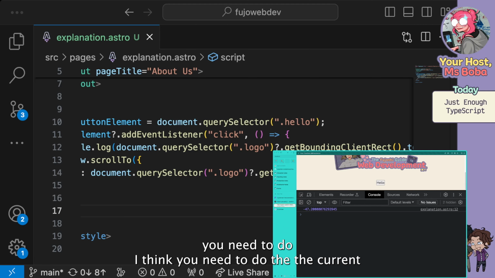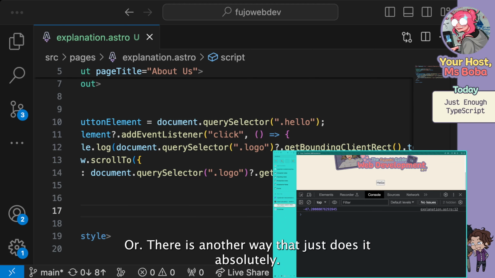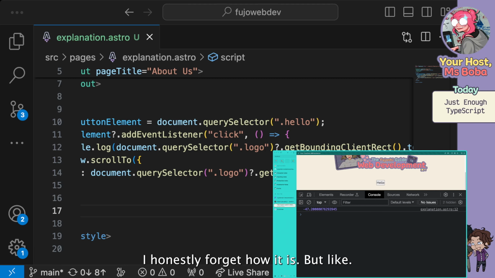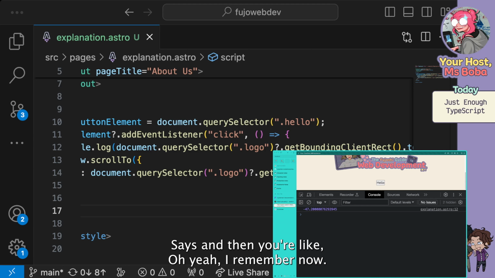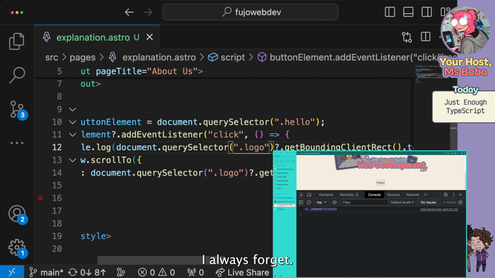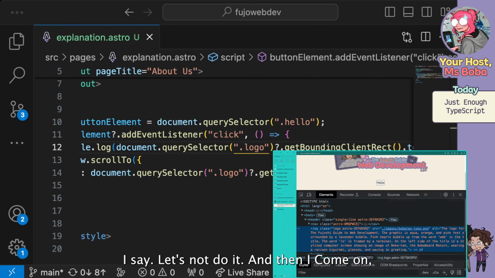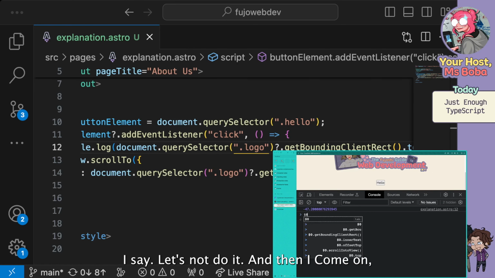I think you need to do the current scroll position plus top, or there is another way that just does it absolutely. I honestly forget how it is, but something like that. You go look at what it says, and then you're like, oh yeah, I remember now. I always forget. Really, it's that, oh, come on. I say, let's not do it, and then I'm like, come on,